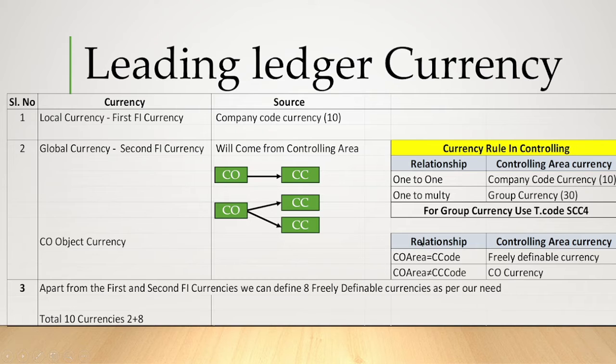What is the rule here? The relationship with the controlling area currency. If the controlling area is equal to the company code, then it is a freely definable currency. If the controlling area is not equal to the company code, then CO currency means this currency, and the same currency will be applicable to CO object currency also. So this is about the first two currencies. Apart from these two, in the leading ledger you can define 8 freely definable currencies as per our need. So total 10 currencies are there,